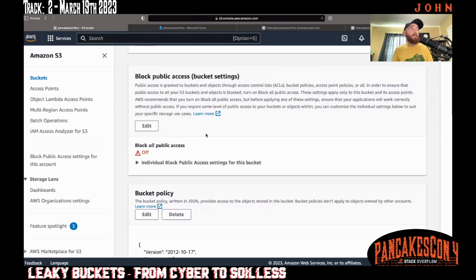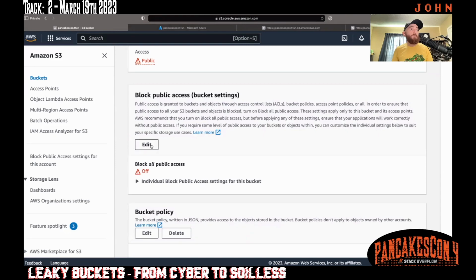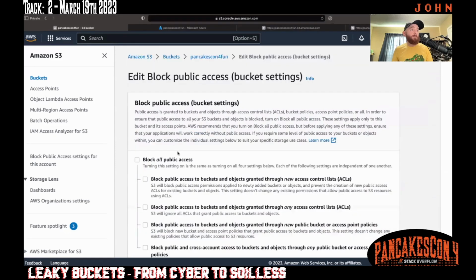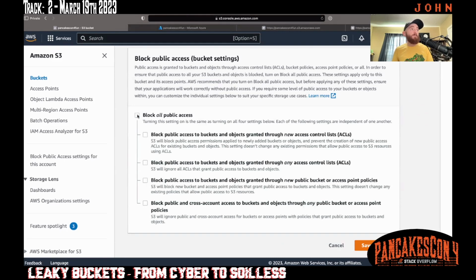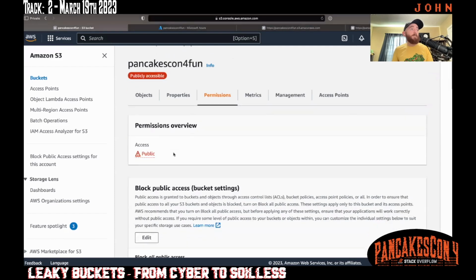But for today, what I had to do was first go into bucket settings and uncheck this box. So this is kind of a safety valve or safety switch that ensures that all public access is blocked, even if you have other policies that say otherwise. This should be kind of a top level control. So I had to uncheck that. You can get a little more granular with it if you like, but I basically just removed that.